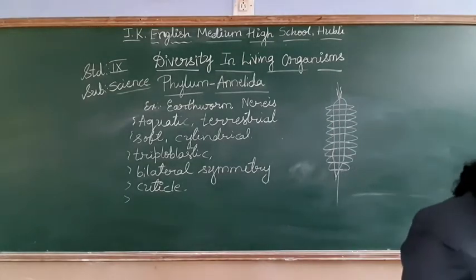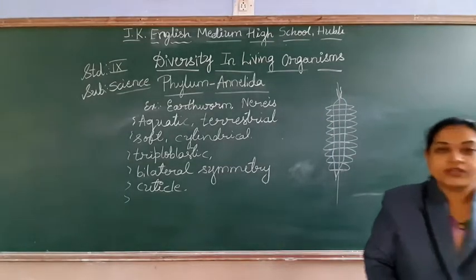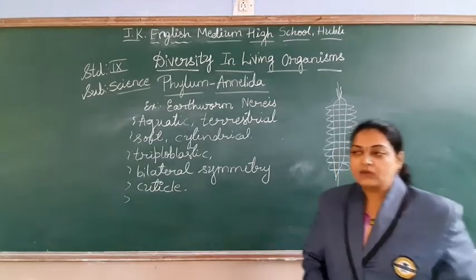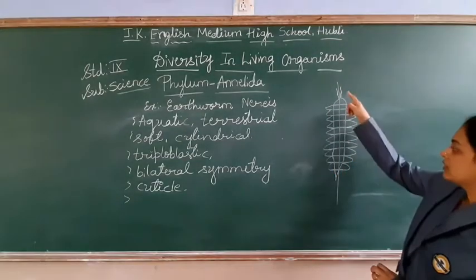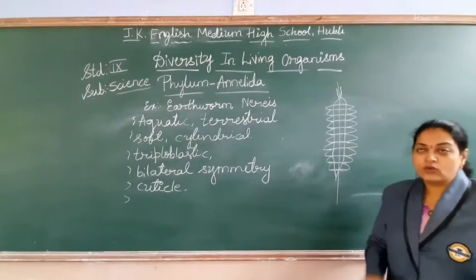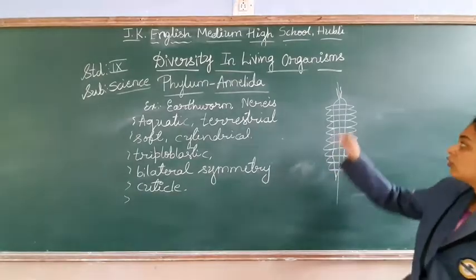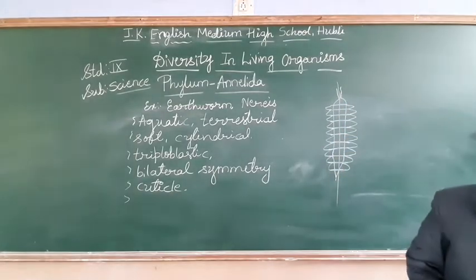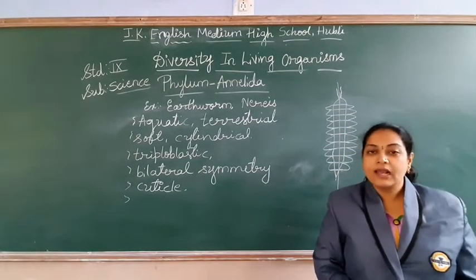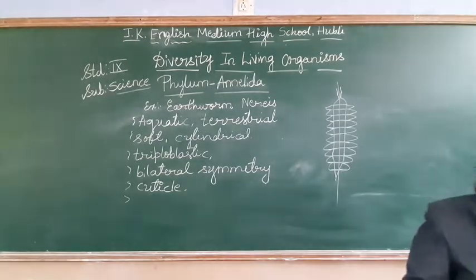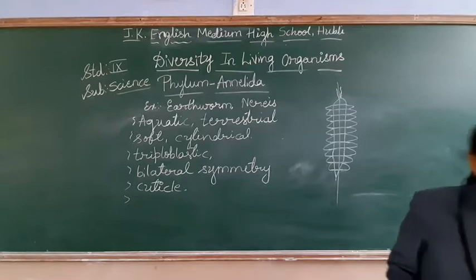Coming to the next one, that is the alimentary canal. Alimentary canal means the digestive system. How is the structure in these organisms, students? Long and elongated. Throughout the body you find the alimentary canal, right from the mouth to the anus, a long, elongated alimentary canal in the case of Annelida. What about their locomotion?